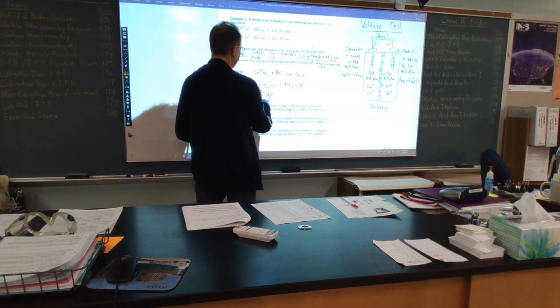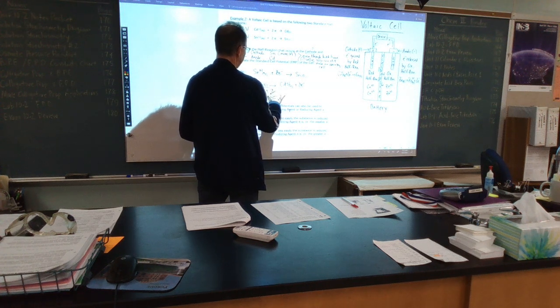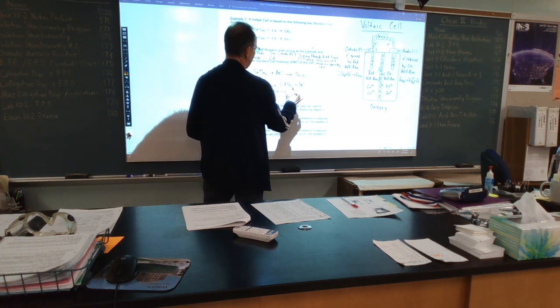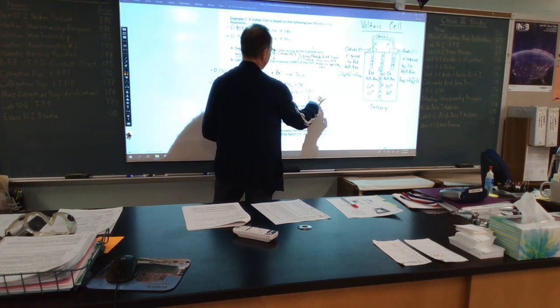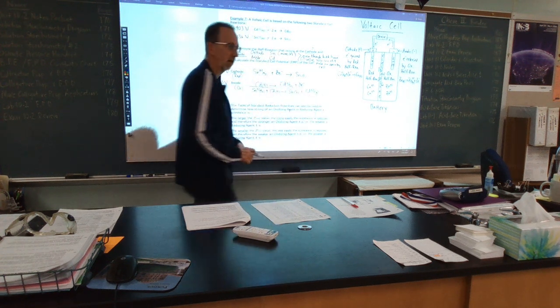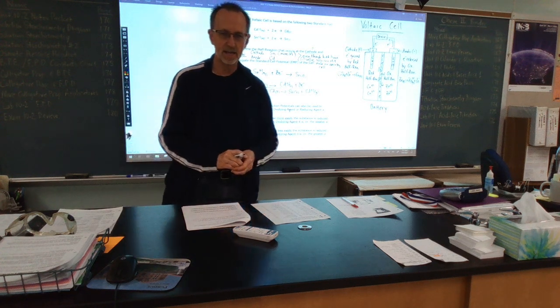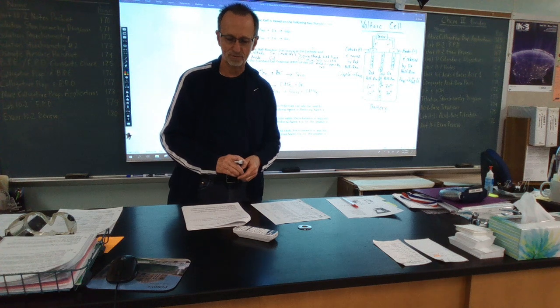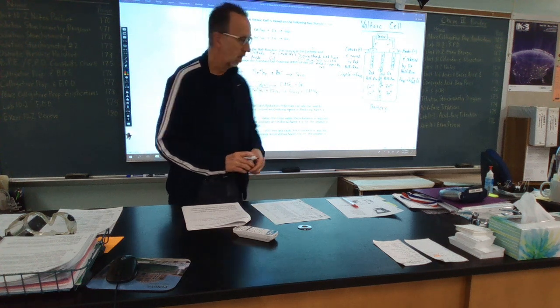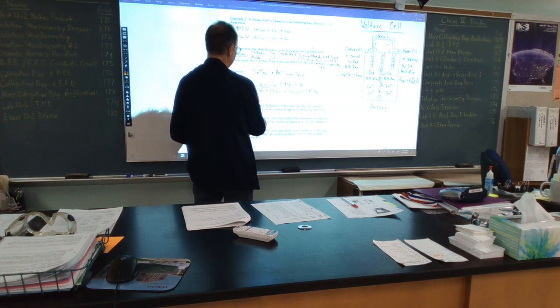So we have Sn2+ (aq) plus Cd (solid) yields Sn (solid) plus Cd2+ (aq). There is our overall net ionic equation that is set up by virtue of these two half reactions in this voltaic cell. So let's calculate E cell,